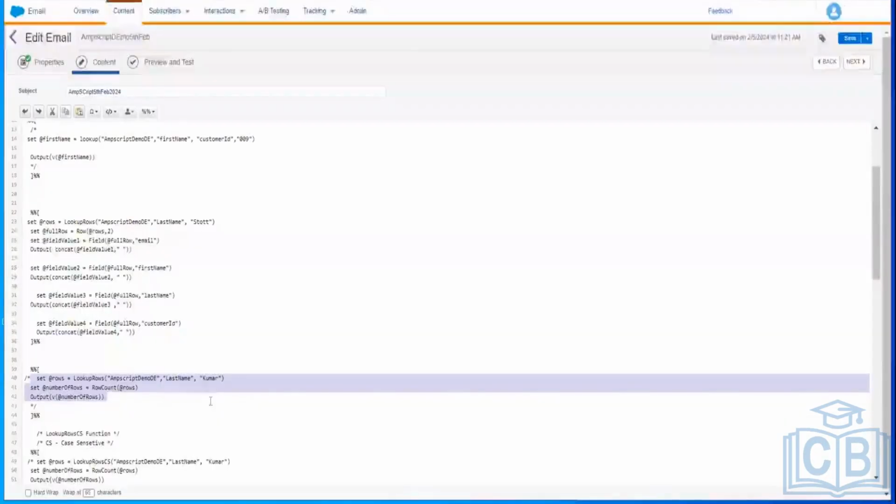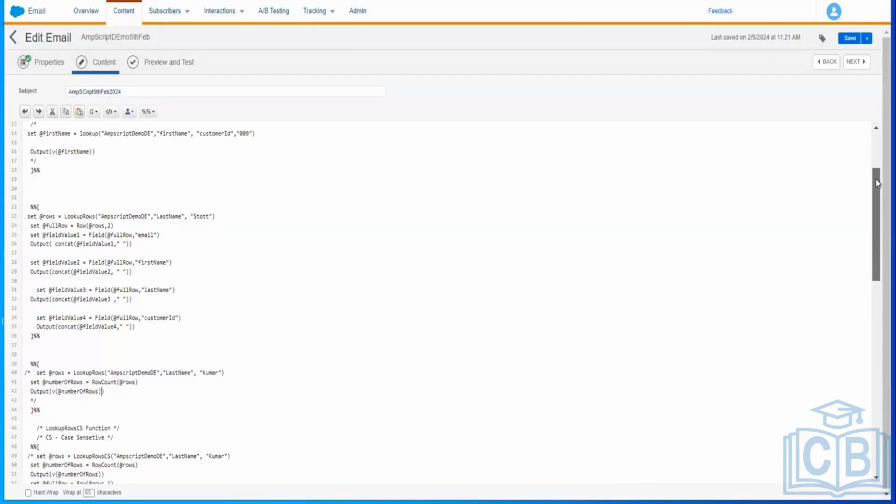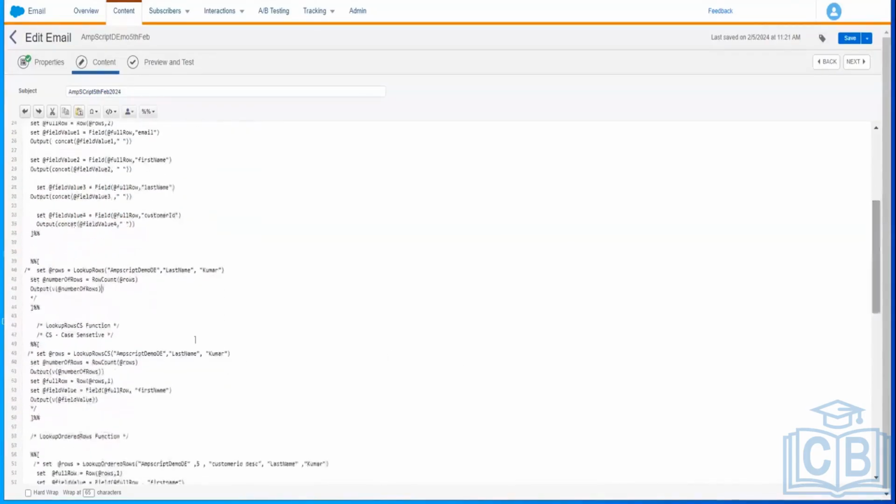It will print the row count, the total number of rows in this data extension. It has a 13-day code. It will print that. And next we will be writing here